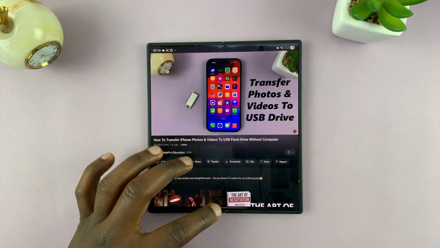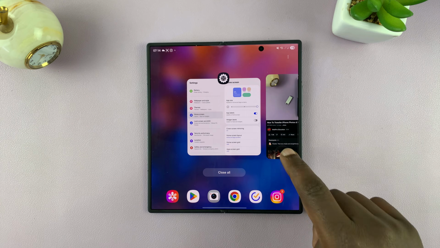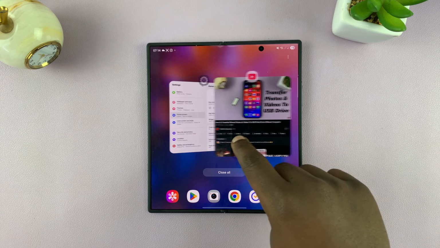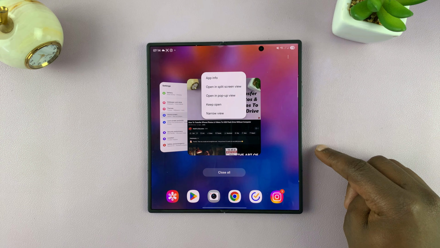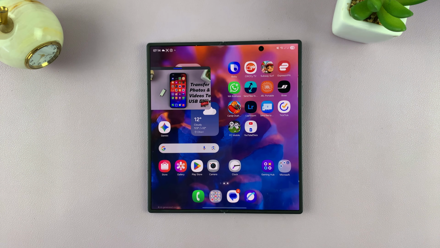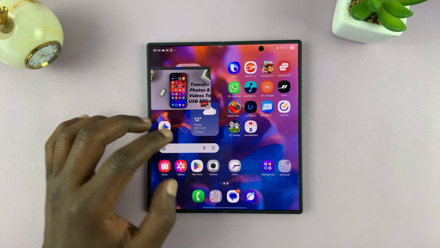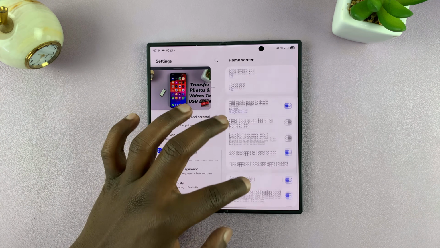Okay. Now just go into multitasking mode. And once you do that, and you can see all the apps running, tap on the app icon and then select open in pop-up view. Now you can see that app is now in pop-up view, and I can do other things on my phone